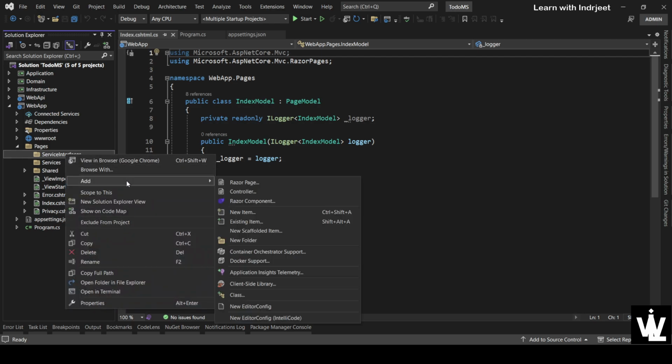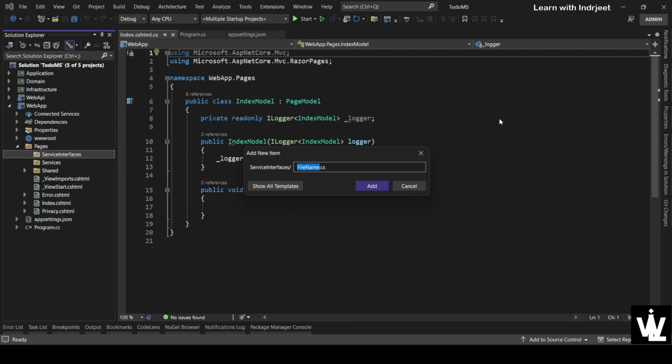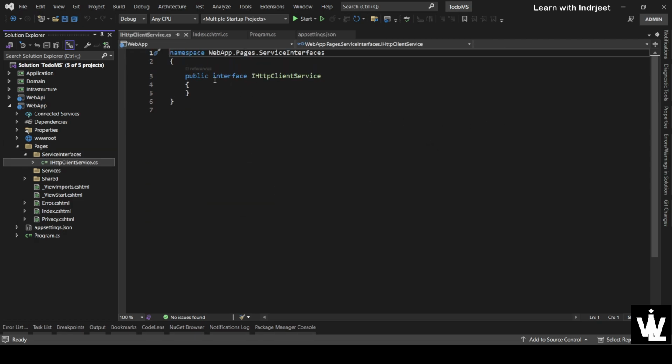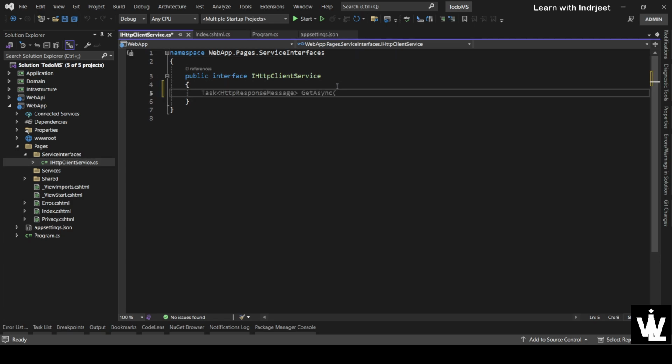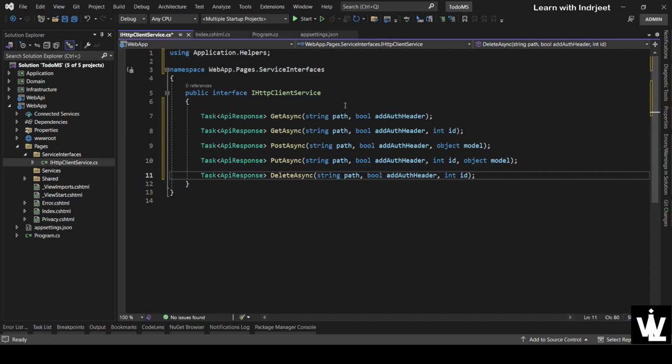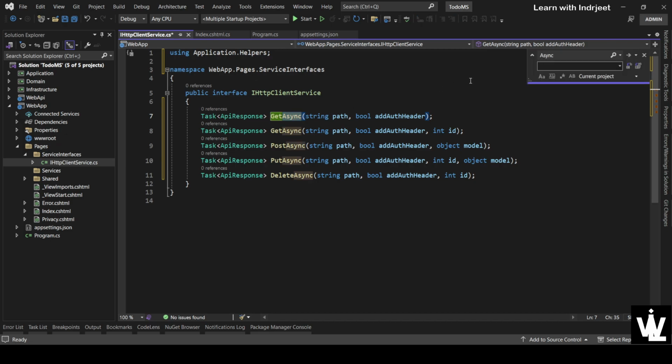So first of all, let's add a new item called IHttpClientService. It will be a public interface, and let's put in some of the methods over here that we are going to implement. Let's remove this async from here. Every action here will be async, so from the current document we want to remove this async,